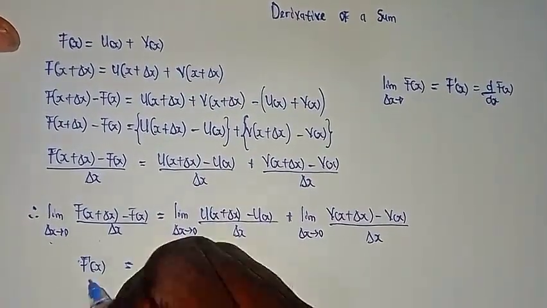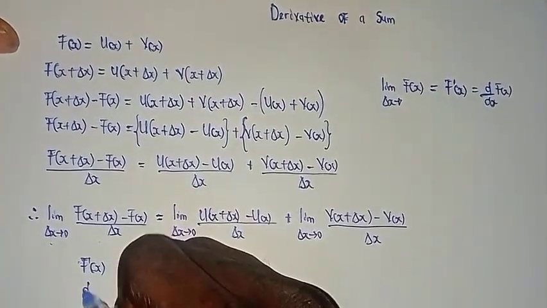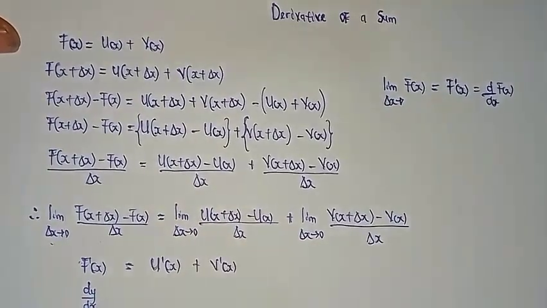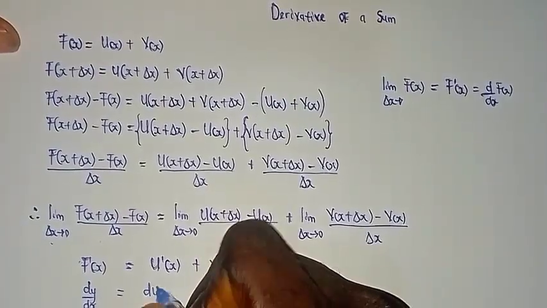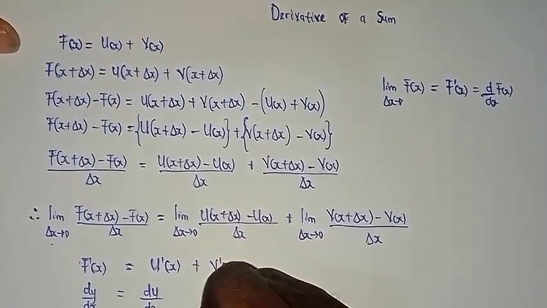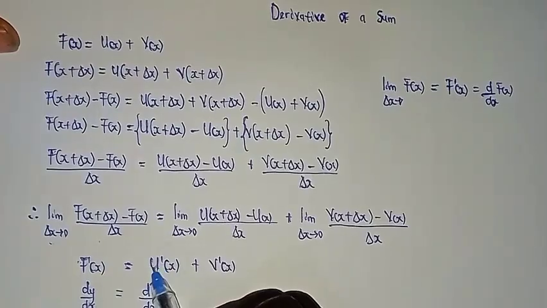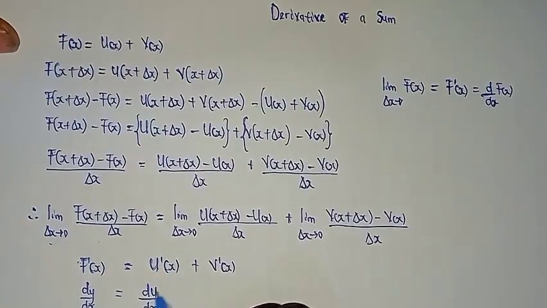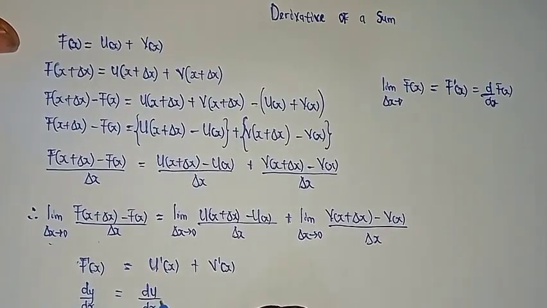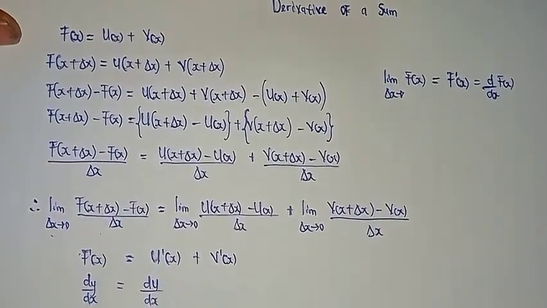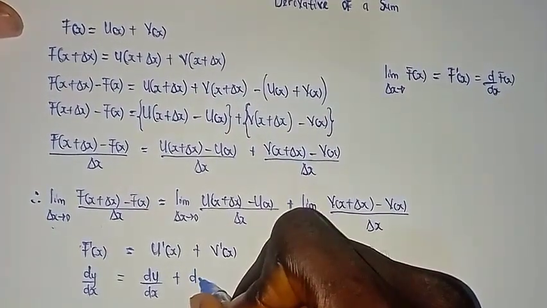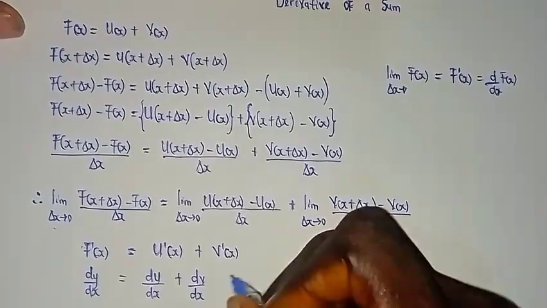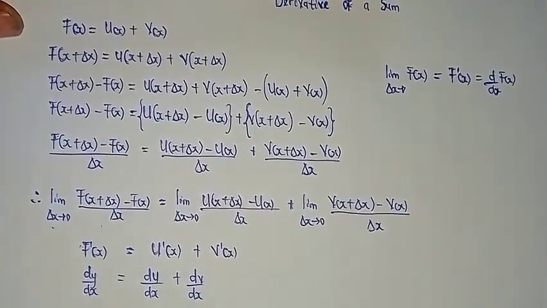So now this is also equal to dy over dx, equal to du over dx, because u is a function of x, so we're differentiating with respect to x. We're differentiating u with respect to x, which is u prime of x. And then v prime of x becomes dv over dx. So this is the formula